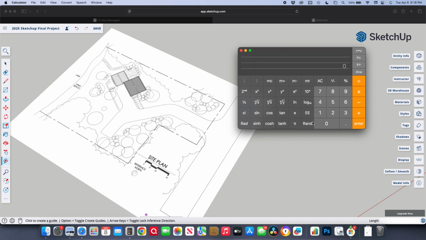I want to make it bigger. So the bigger number is 40 feet, and the smaller number is 15 feet. And if I divide that, that tells me I've got to multiply it. I've got to scale it up 2.666666 forever times. If I go to scale,